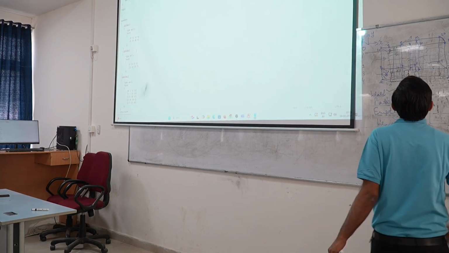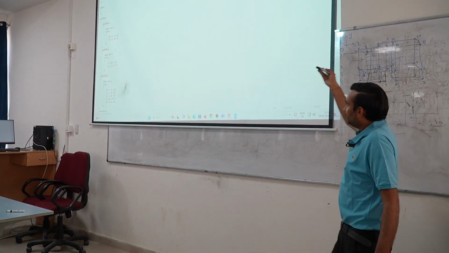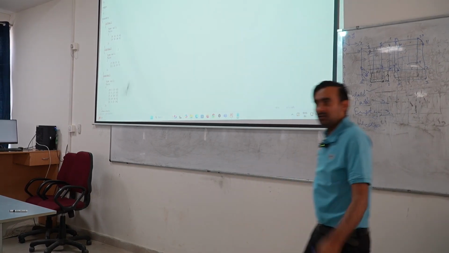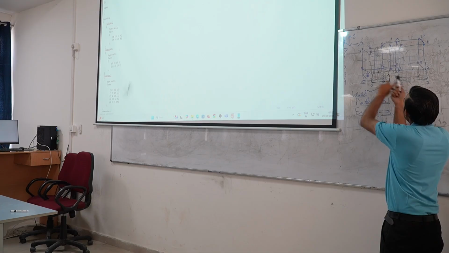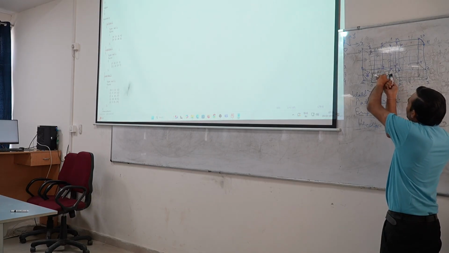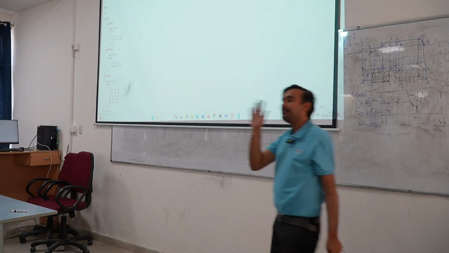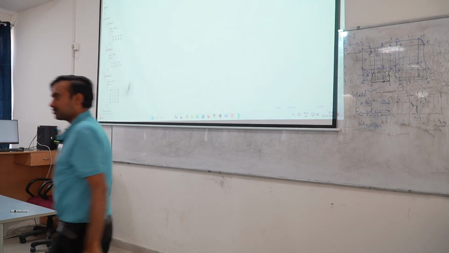Now, after this, what do we have? We have the lower wall. If you see, how many faces is the lower wall having? One is this, second, third, fourth, fifth. The lower wall is having 5 faces. So I need to